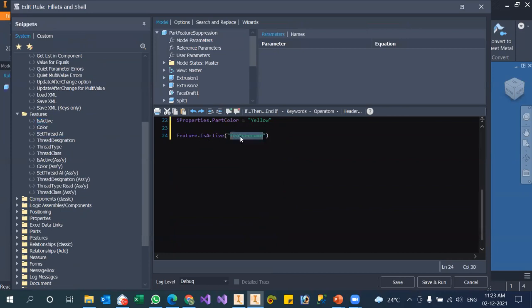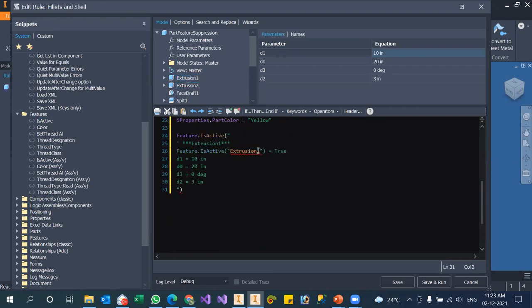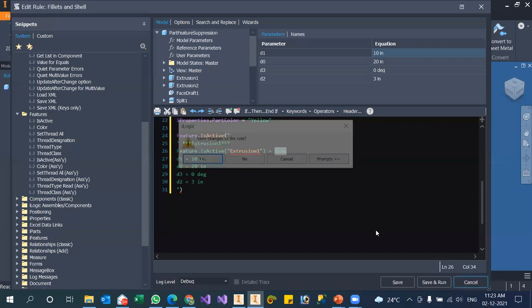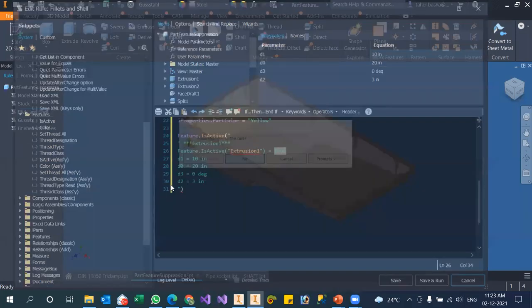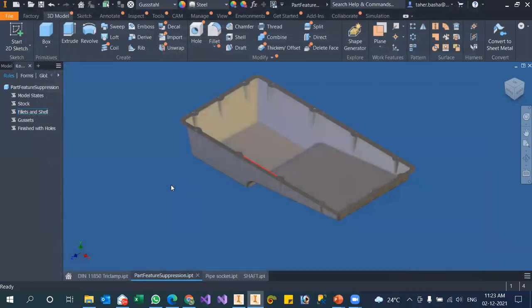Feature dot is active. In this, insert the feature name, whatever feature name. You can also right click and capture. So it will capture the feature name, and then you can say true or false. This is very easy. We just have to know where the functions are, how we can add them.